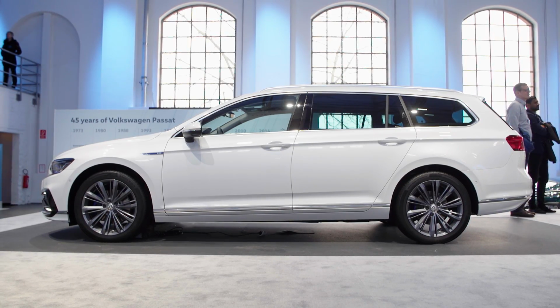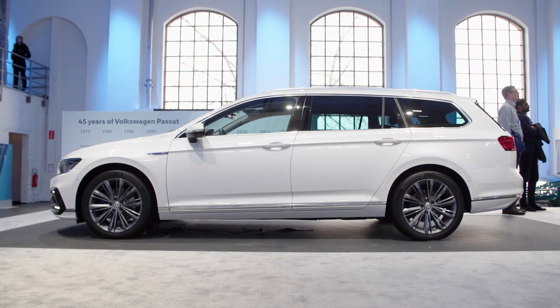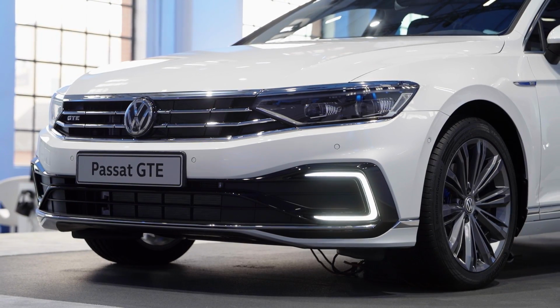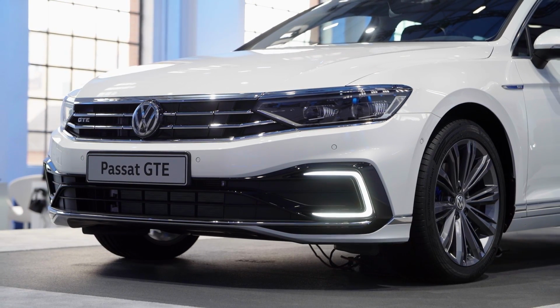I've used the GTE to prepare for this event, the former model. And it is a brilliant combination of power and torque. So if you think about the special push of the E-engine, if you want to overtake or drive quite fast with the car, it's amazing. And on the other hand, it leads the driver to drive carefully and